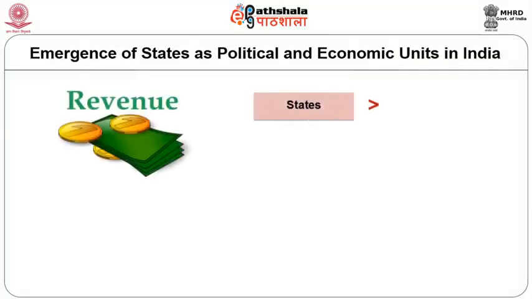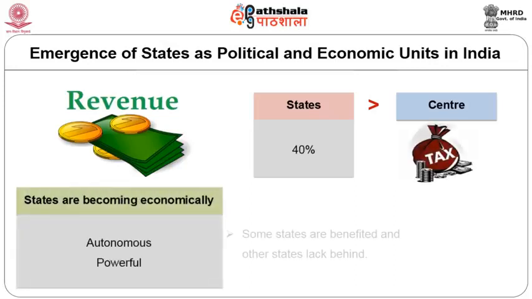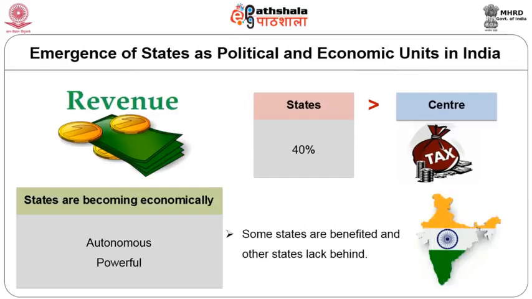Even in the distribution of revenue, you have the states now receiving much more revenue than what they were receiving from the center earlier. They receive more than 40% of the revenue collected by the center as a result of tax collection and other things. So the states are now becoming economically autonomous, becoming economically powerful. It's another matter that some states have benefited, other states have lagged behind. So it's not